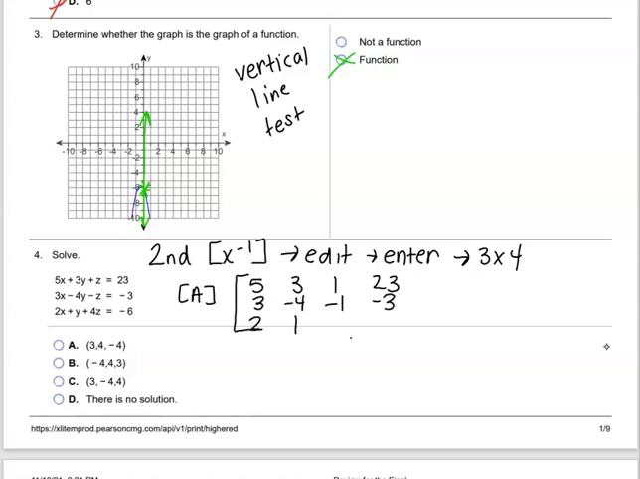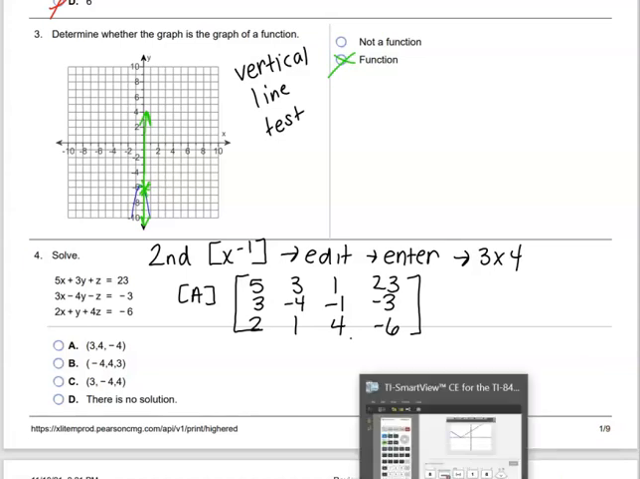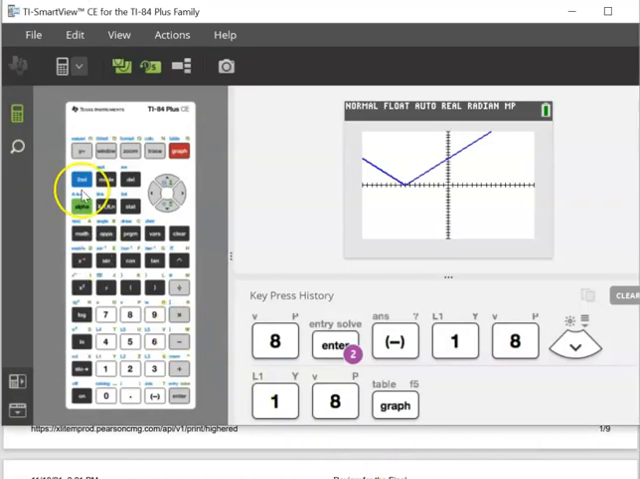2x plus 1y plus 4z is equal to negative 6. Okay, those are the things that you're going to want to type in the calculator. So I'm going to go there now real quick and let's just get this typed in. So I'm doing second,